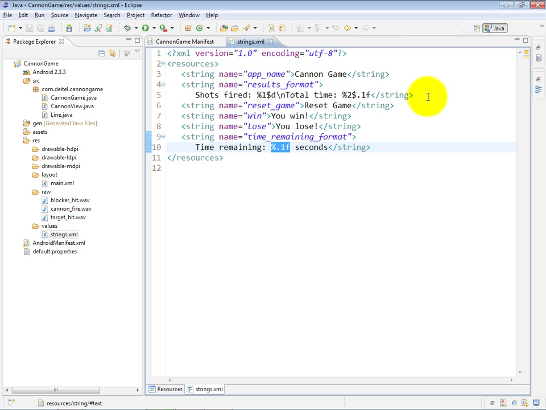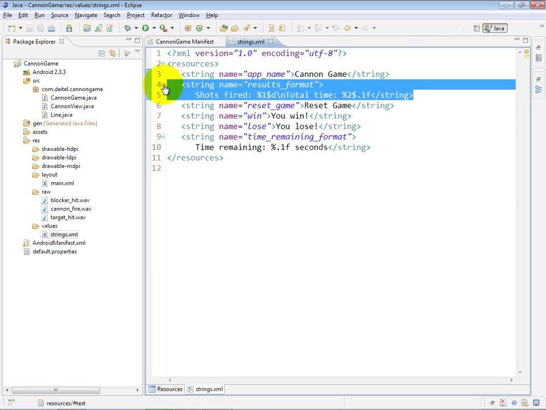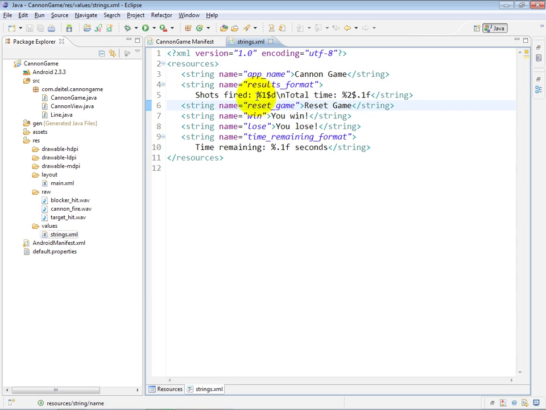On the other hand, if you have a format string that requires multiple values to be placed into the string, you must specify numbers that say which parameter goes into each location. So for example, here we have two format specifiers, %1$d and %2$.1f. Now the first placeholder is for an integer, that's what the D represents. The second one is for a floating point number, which is what the F represents. The floating point number, of course, will have 1 digit to the right of the decimal point, which is what